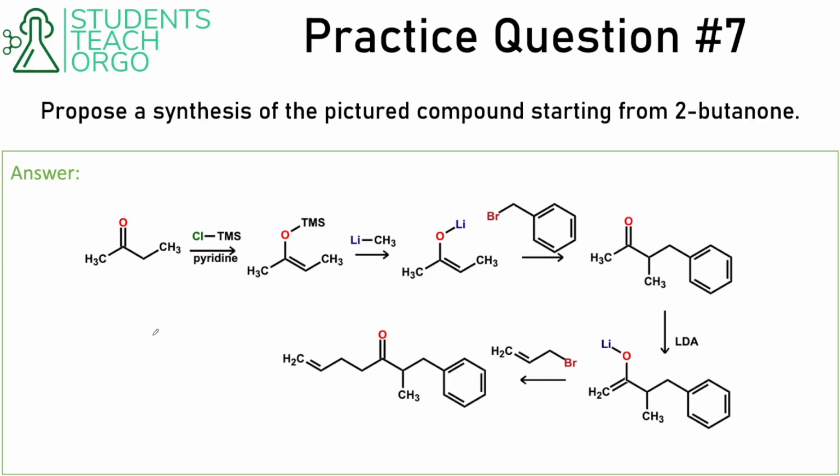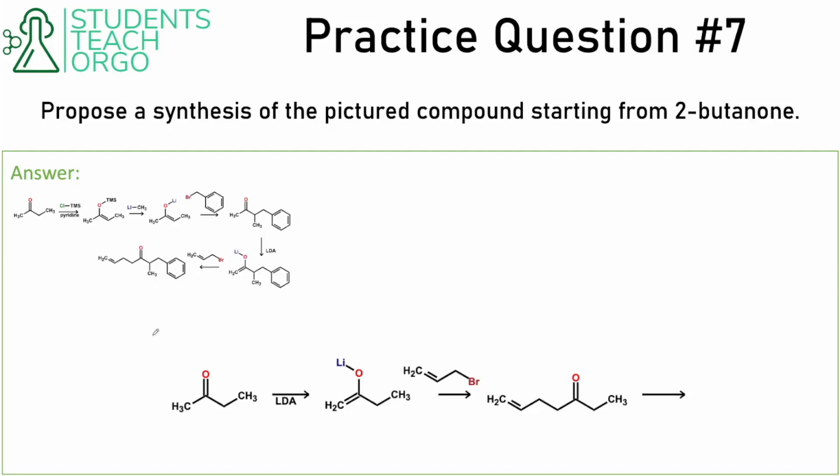Now I went through that pretty fast. I'm going to take a guess at either a mistake or maybe something that some of you guys started to do and then realized wouldn't work, but probably the most common hang up on this question would be that, and so the correct answer is right here. If you started with LDA, right? So imagine you tried to put on this piece first instead of this piece. You would start with LDA, you would add this on, be going pretty well so far, you'd get to here,